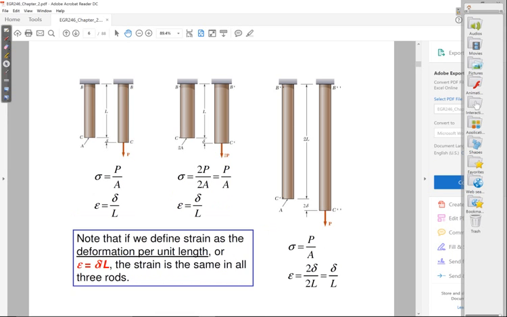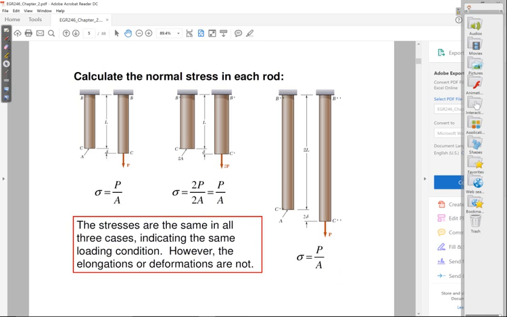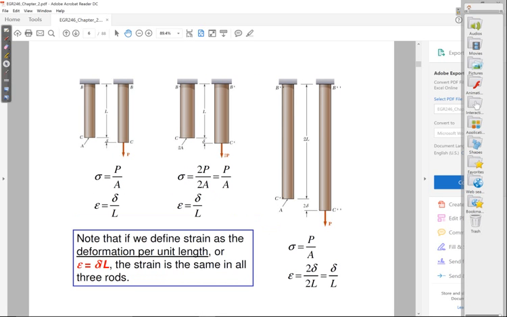However, if we use this idea of normal strain that I mentioned a few minutes ago, where we take the total deformation, delta, and divide it by the original length, now everybody can see that we have the same strain, or the same description of deformation, for all 3 columns. So this is our formal definition now for deformation that allows us to make comparisons between parts of different size and shape. This is what we refer to as a normal strain,